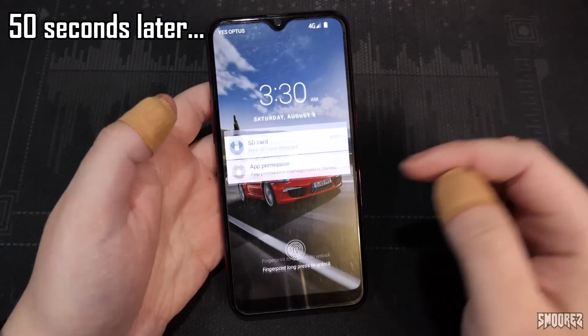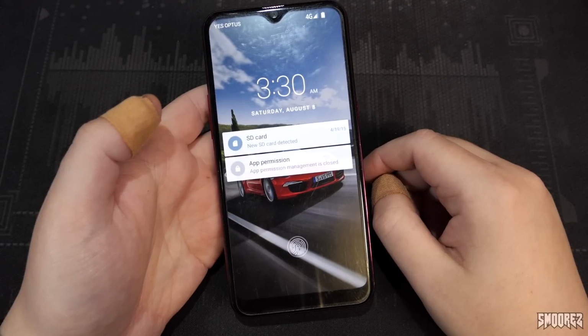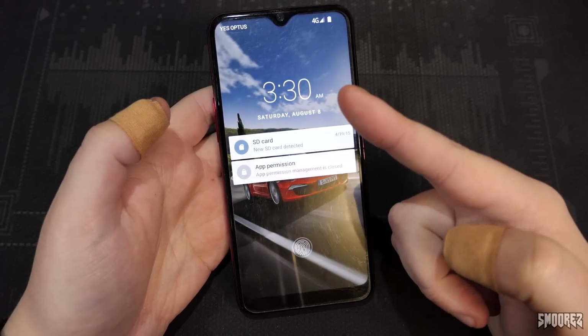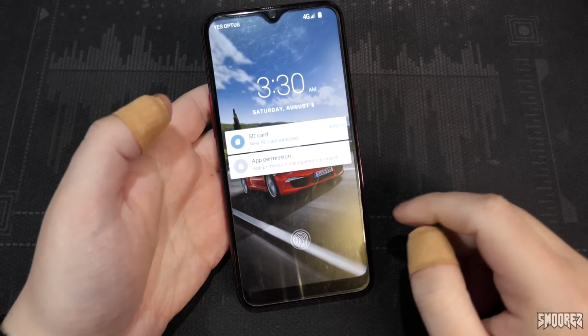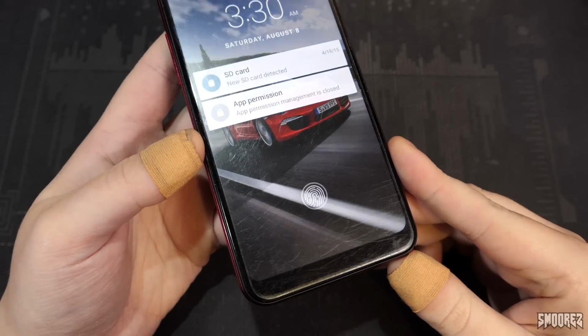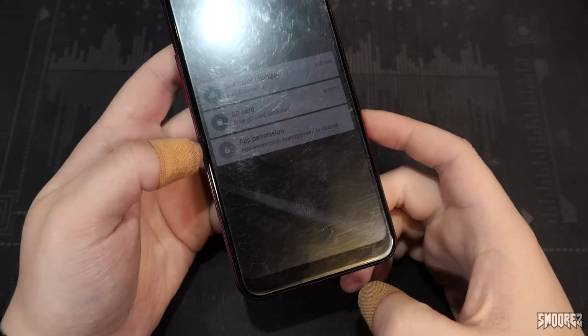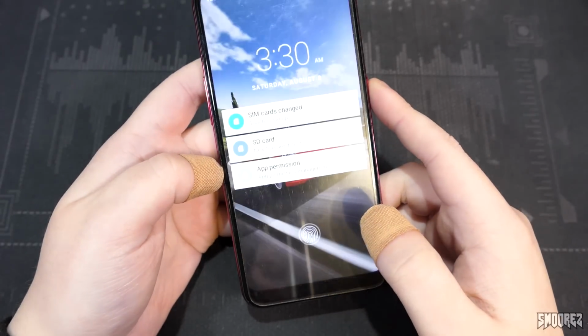Alrighty, booting the phone up, we get that wonderful car wallpaper, which we've seen before on a couple of devices. But, yes, Optus, 4G. So, yeah, okay. It says here fingerprint long press to unlock, which you'd think, hey, there's an underscreen fingerprint scanner, like on the actual Vivo X23 Plus itself, except, no, this is just a...